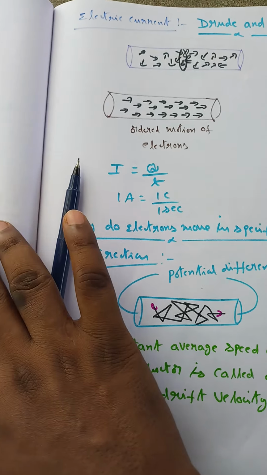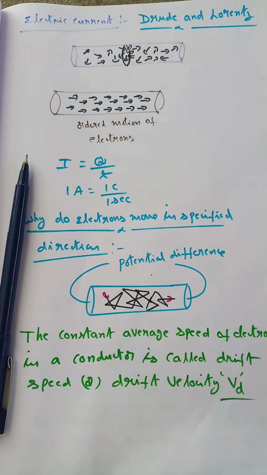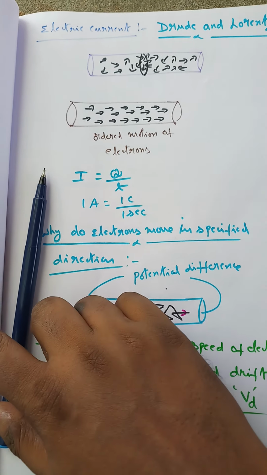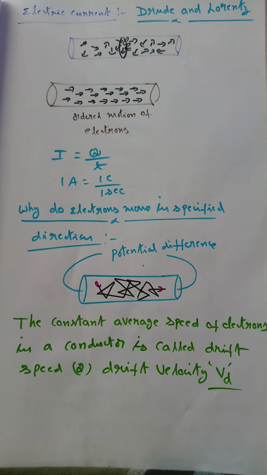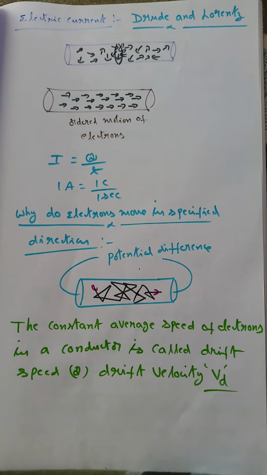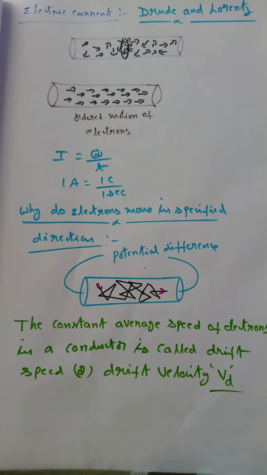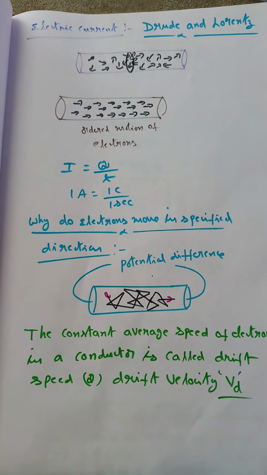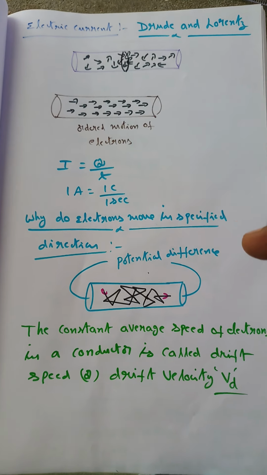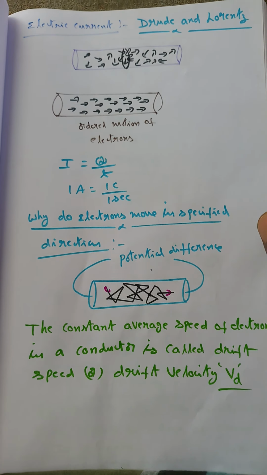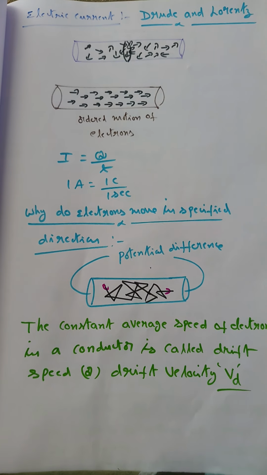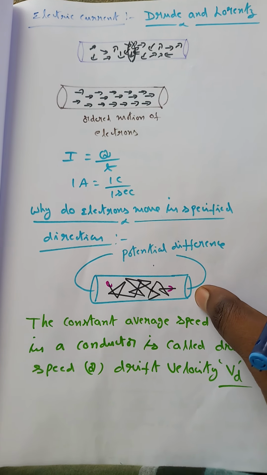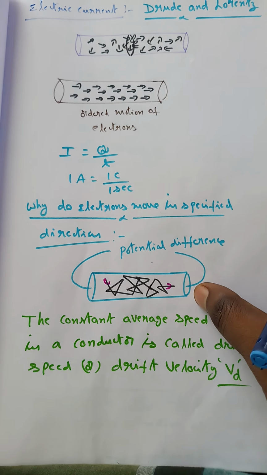Now see here, when metallic wires which have free electrons in them are connected to a battery or any power source, only then do they conduct electricity. Suppose you take an open circuit, that means simply a metallic conductor, let us take 1 meter of copper wire. If you take 1 meter of copper wire, you can't notice any electric current in it. But if you connect it to a battery, then you can notice a flow of current through it.